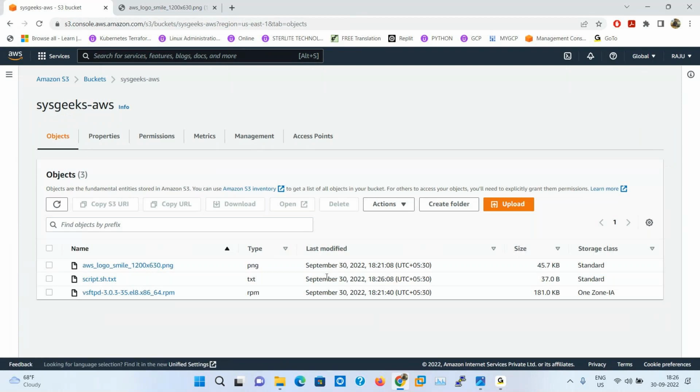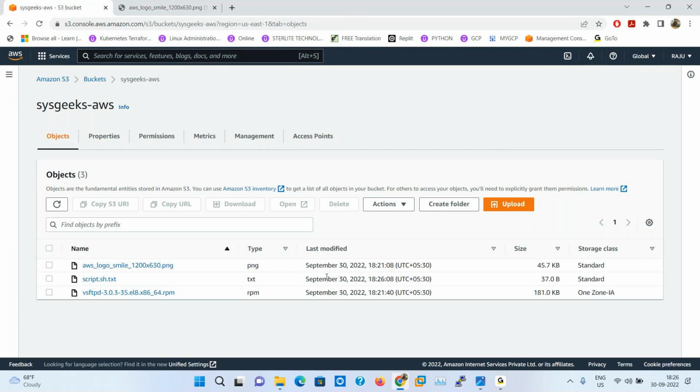But now the next important thing: is it possible to upload with the same file name? Actually, by default it is not possible with the same file name. If you upload with the same file name, the existing file is overridden. But I want to maintain both files, I mean both versions, in the same file.